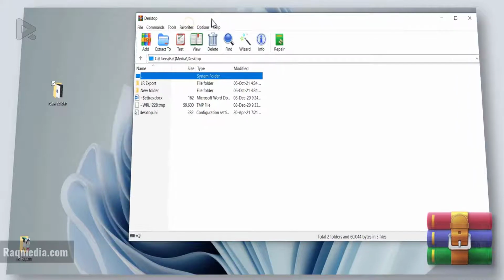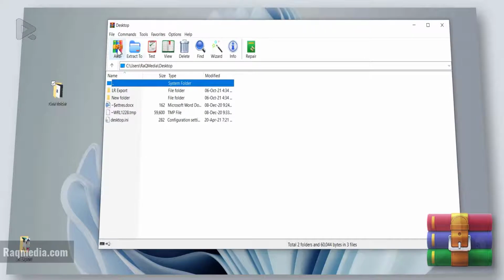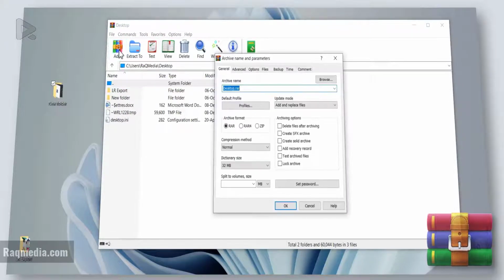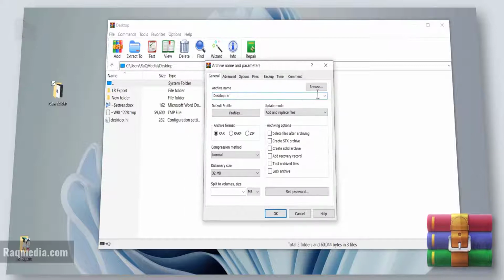First one, which is opening the software like we did. Next, we click on add. Here a new menu will appear. You can still change the name of the file. My work, for example. Good.